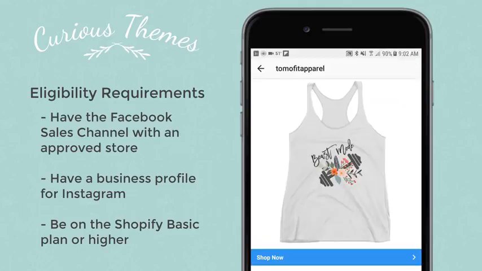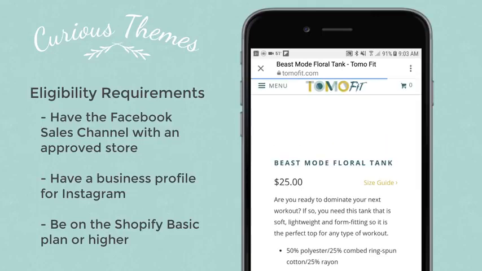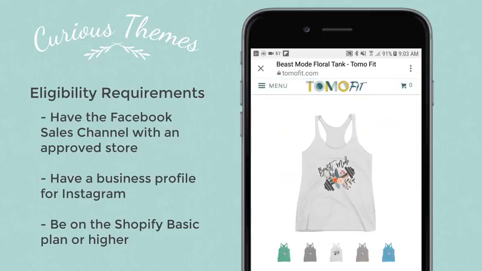If you click on that, it'll take you to a shopping page that you're still inside Instagram for, and you can see a little bit more information about the product, and then you see the Shop Now tab. So once you click on the Shop Now tab, it takes you to your actual site and the product page that you've linked it to. So this is great because traditionally with Instagram, you can't really do links. You have to do a lot more of the link in the description or link in bio. So this lets you have an actual link to your products